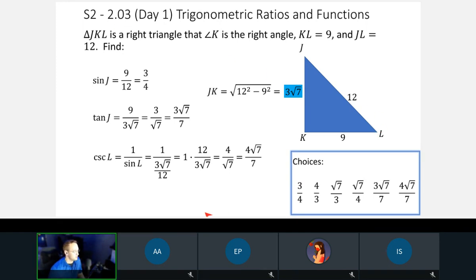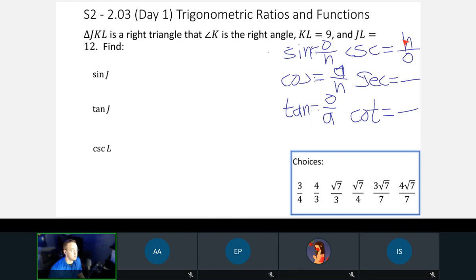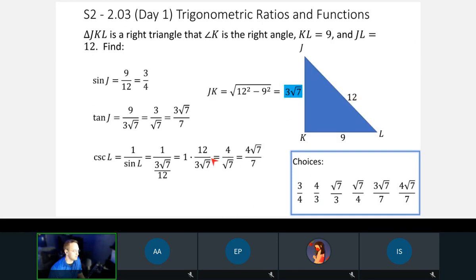So another way, I'm going to go back on this previous page, talking about how cosecant is hypotenuse over opposite, looking back at this problem here. That's pretty much from this step here. So opposite of angle L is 3 rad 7, hypotenuse is 12. There's the 12. Hypotenuse over opposite. So really, we could have not looked at it this way and just looked at it as hypotenuse over opposite and started from this step and saved a couple steps. So either way is fine.